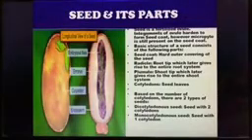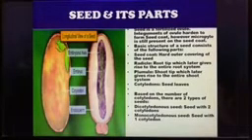Now we will study the internal parts of the seed. As you all know, and I told you earlier, seed is a fertilized ovule, right? So the integument which is present in the ovule gets hardened to form a seed coat. If you see the basic structure of seed, it consists of seed coat. As I told you, it is divided into testa and tegmen. Testa is the outer covering which is impermeable and colored, and tegmen is thin and papery, which is present inside the testa, right?